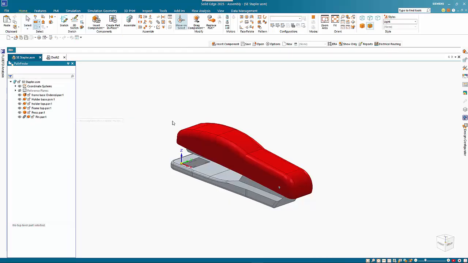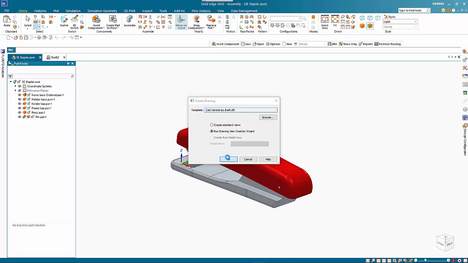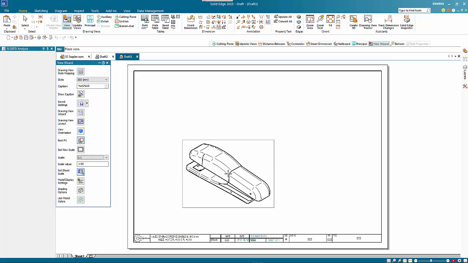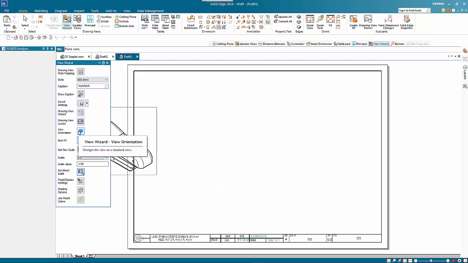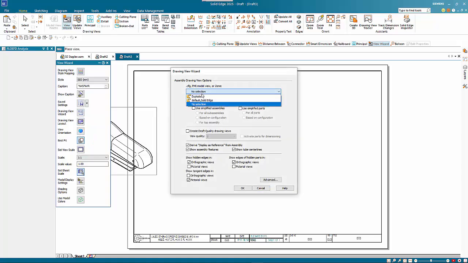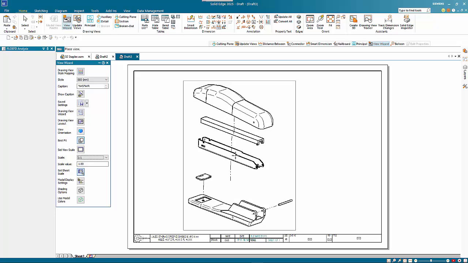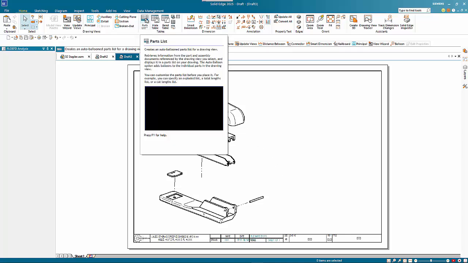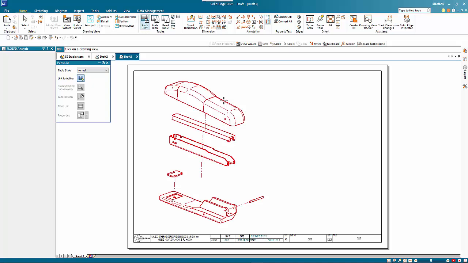create a drawing of the active model like we did before. Choose the draft template, and we've got the option in here. So if we go to the drawing view wizard, we can change our option in here to explode, go OK, and then we can place that on the drawing. So once we have done that, we will go to a parts list, choose the drawing view that we have, and we can then go into properties,